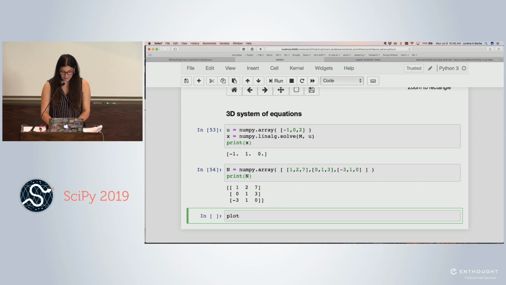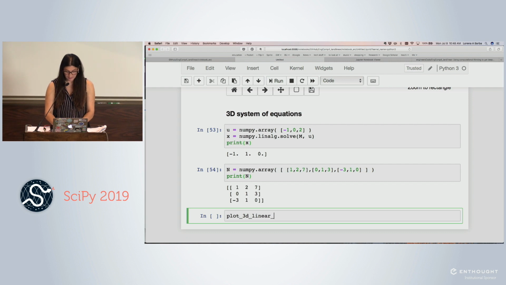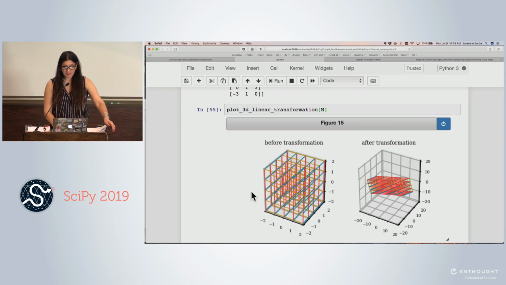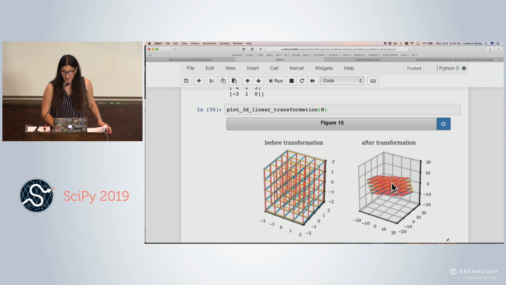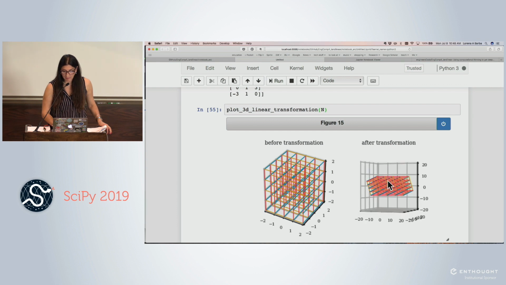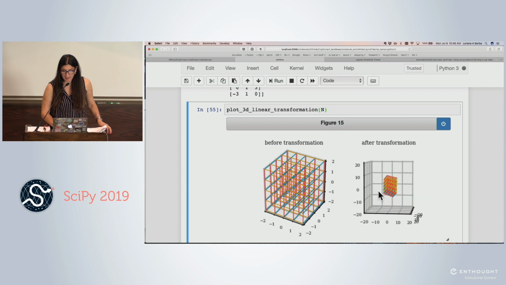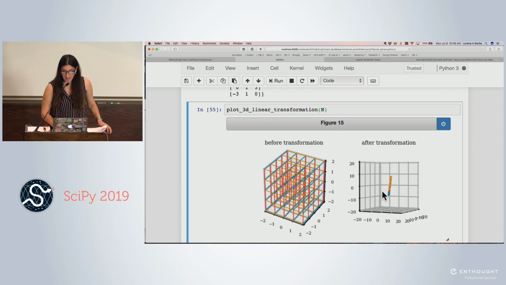And let's now plot the 3D linear transformation with N. Execute that. Now we see, as I said, it's harder to visualize things in 3D already, but if I try to move around this figure, the transformed space, I see at some point something a little bit iffy going on,